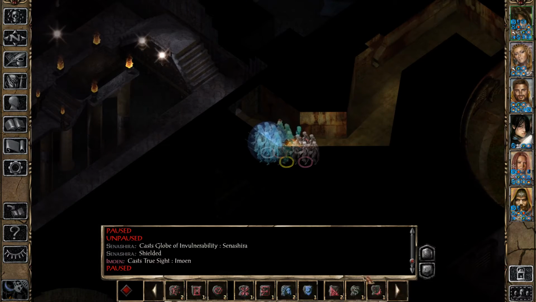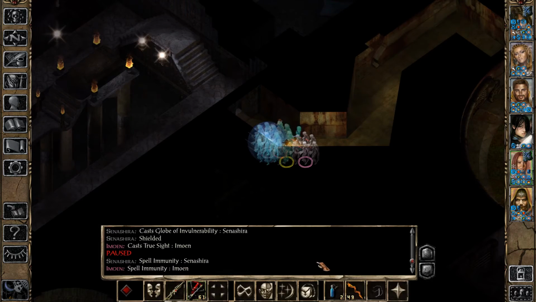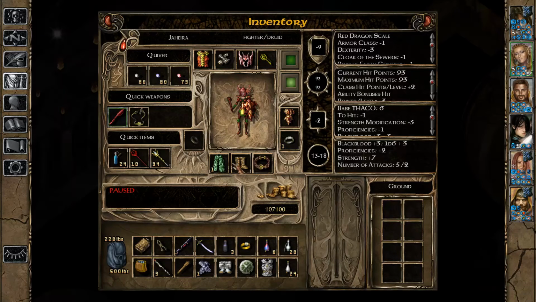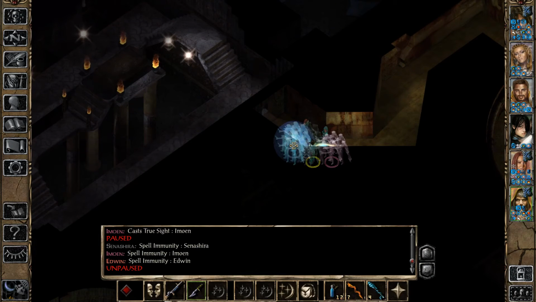And now we're going to get a round of spell immunities to Abjuration. Also, Edwin is going to get the Boots of Speed here. And yeah, we're going to be prepared